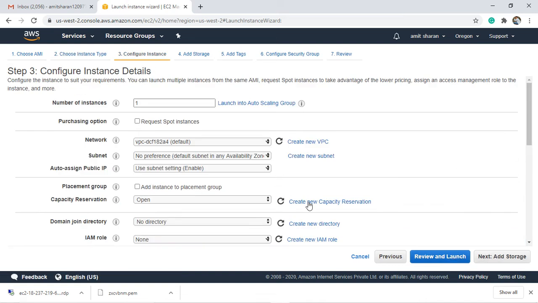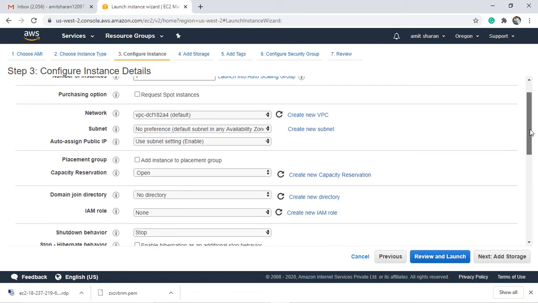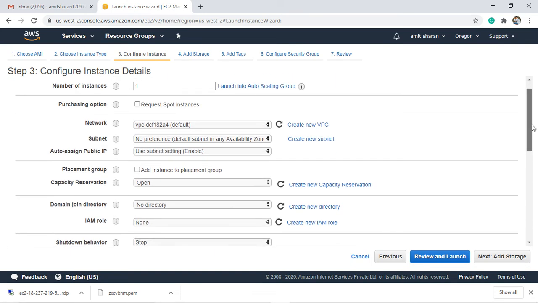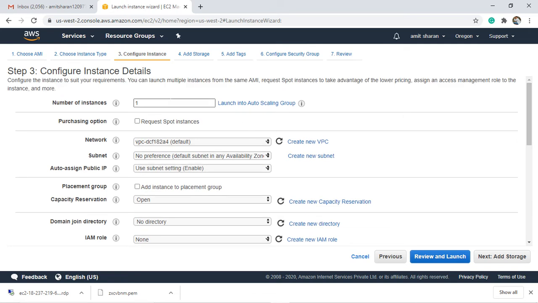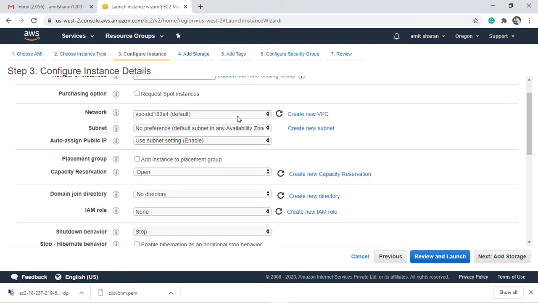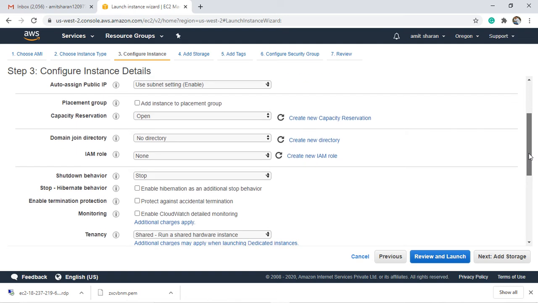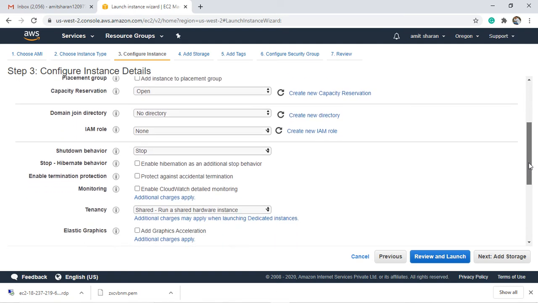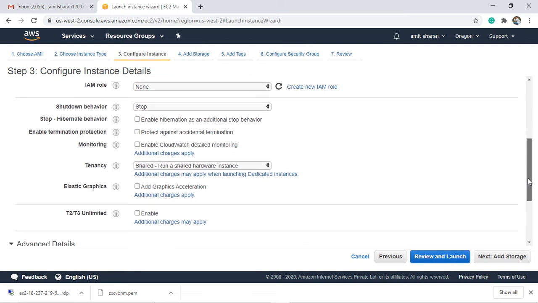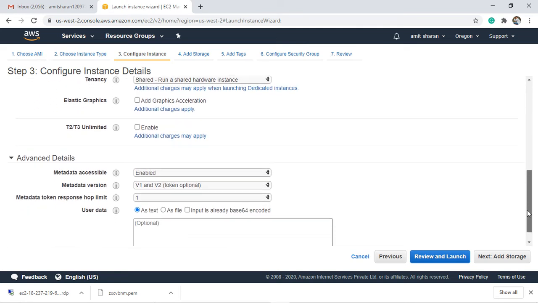In simple words, here we can modify our instance: how many instances we want, what network we are using, what subnet we are using, capacity reservation, shutdown behavior, and everything we can set here.